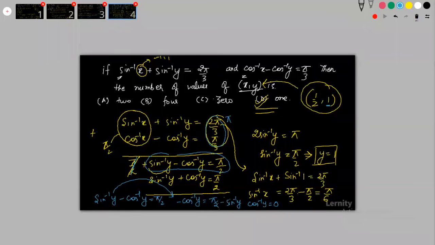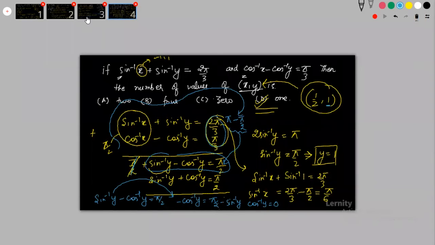Sharmila, did you understand? Or should I write both the steps? Okay? This will become pi, but when I have written pi by 2, I have not written that step. So I have just taken pi by 2 that side, so this is becoming pi by 2. Pi minus... okay, I will explain. This pi by 2 will go this side, so this will become minus pi by 2, so this will become pi by 2. Okay, now I think it is okay.